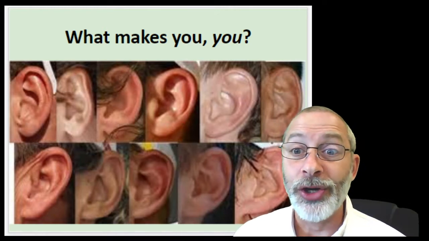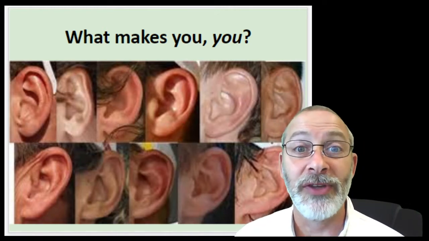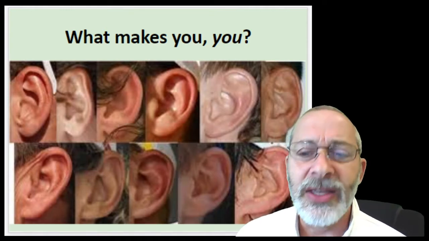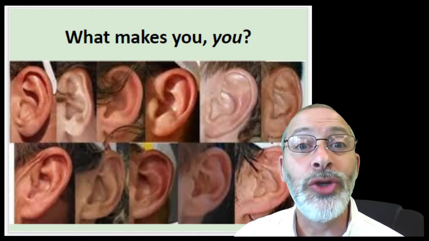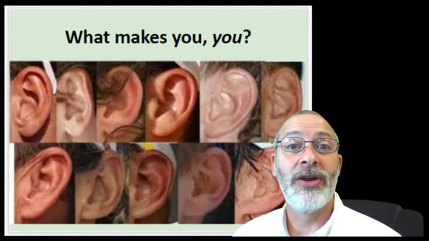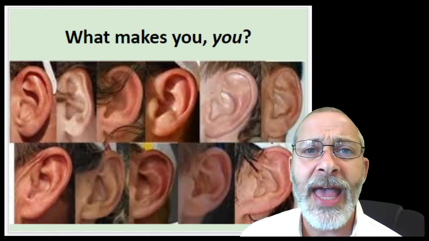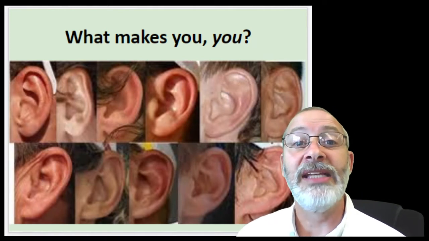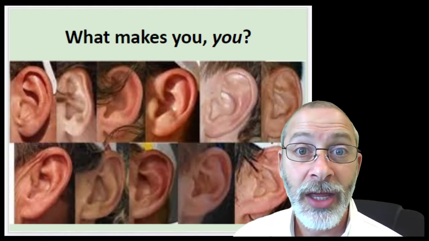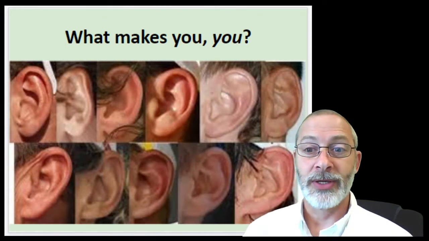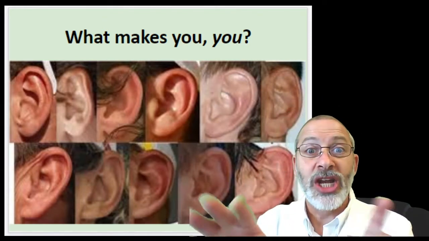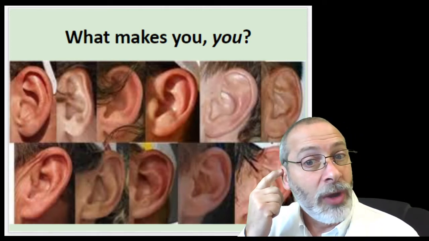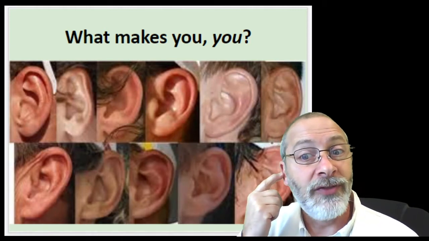Boy, speaking of ears, there are a lot of different shapes of ears. In fact, it's been said that the human ear is as unique as your fingerprint. In fact, there are some organizations like the CIA and the FBI that have developed cameras that can identify you based on the shape of your ear. Because if you don't touch anything with your fingerprints and you're trying to hide your eyes, maybe your ear is exposed. Well, the shape of your ear is actually very unique.